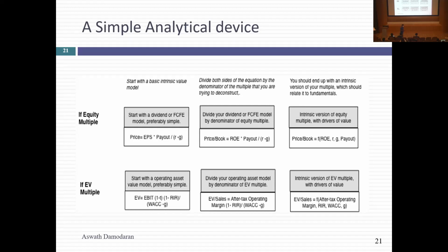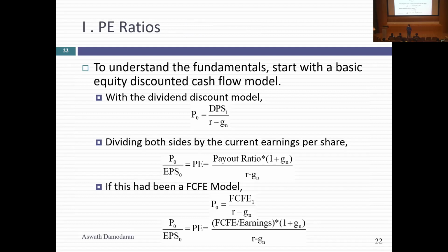If you have an enterprise value multiple, go to the simplest enterprise value model you can think of, which is just a stable growth free cash flow of the firm model. I've just written the expanded version of free cash flow of the firm: after tax operating income times 1 minus the reinvestment rate. And because it's stable growth, it's divided by cost of capital minus the growth rate. Again, with a little bit of algebra, I can take that equation and make it an equation for EV to sales or EV to EBITDA or EV to invested capital. It's an incredibly powerful tool because if you can use it,